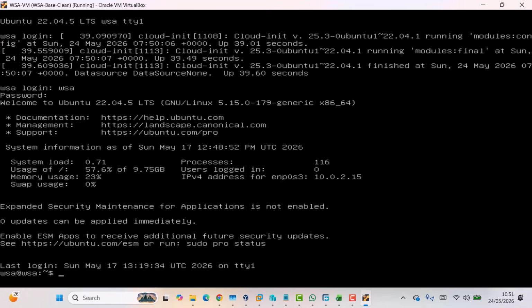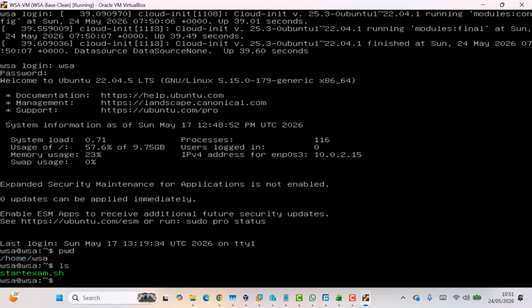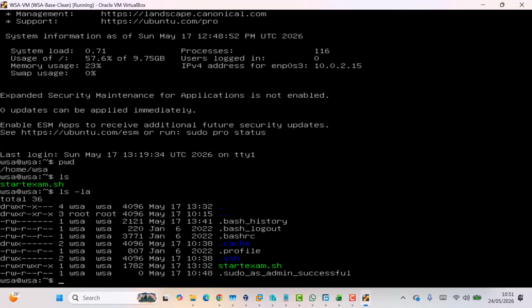You can, for example, if I wanted to see the working directory where I'm in, print working directory, I'm in the home directory, and the user is WSA. I can also go ahead and give any Linux command that is available. For example, if I want to view all the files in here and their permissions,